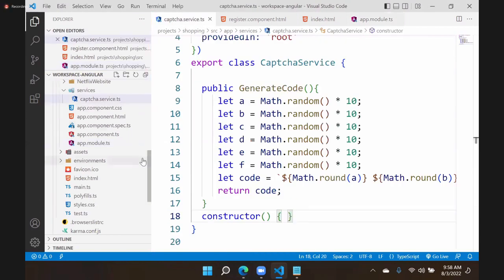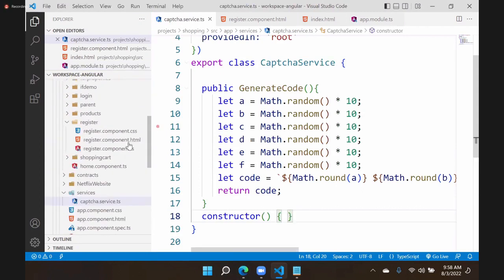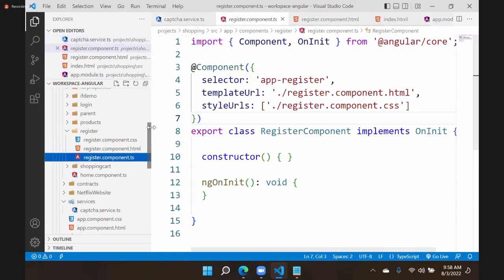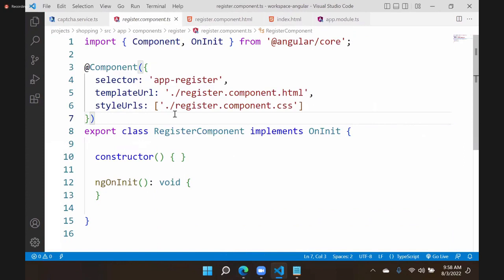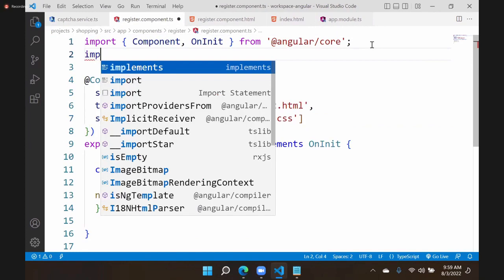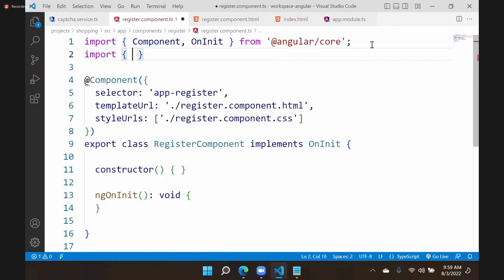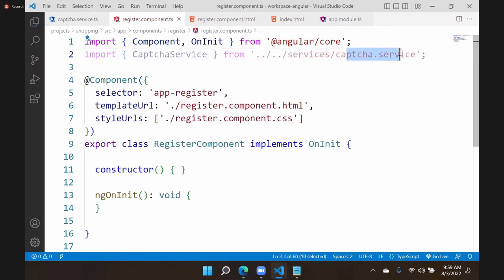So let's go to register component TS file. Now in this component, we want to use a service. First you have to import the service. Import. What is the service name? Captcha service. It is imported from services captcha service. So we are importing a captcha service. Okay. Now we need to inject